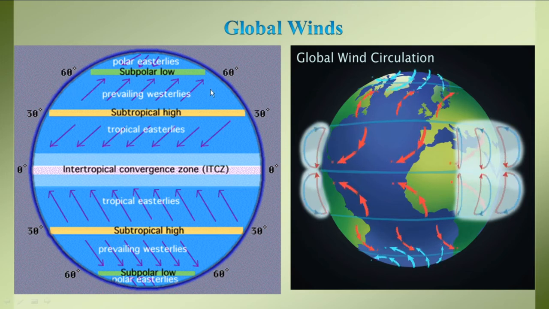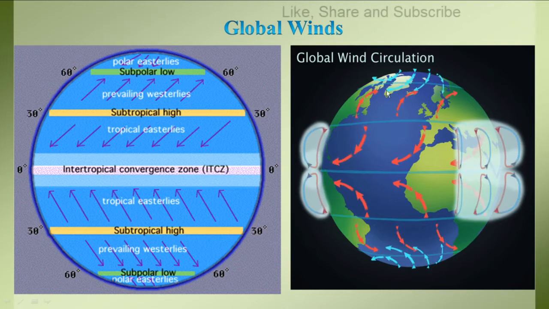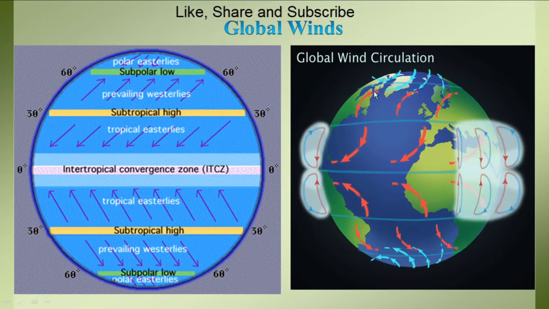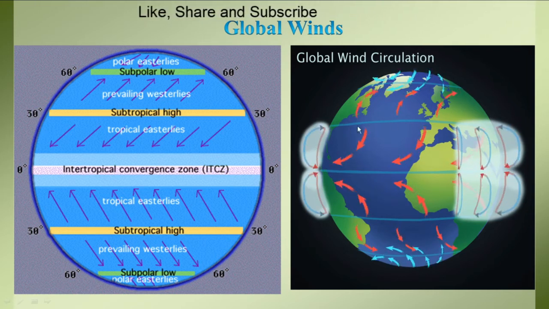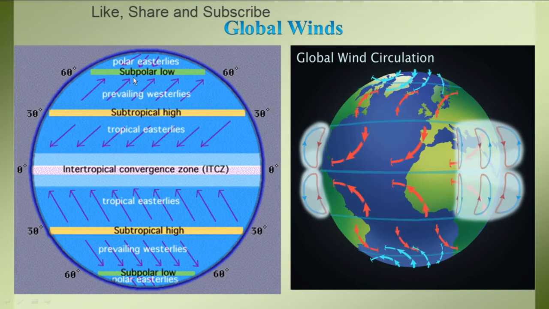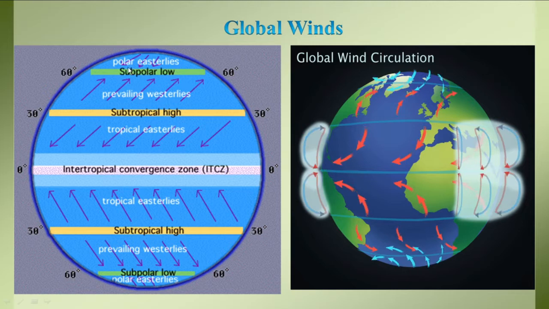When we go to the upper side, there are the prevailing westerlies. This prevailing westerlies direction is in this particular zone. This is also in clockwise motion. These range from the Tropic of Cancer to the northern pole, the subpolar region. So there the prevailing westerlies are flowing. And above the prevailing westerlies is the subpolar low pressure. Here the polar easterlies are flowing. When we see the direction, this is also in the clockwise direction.